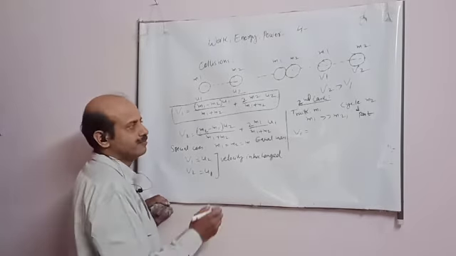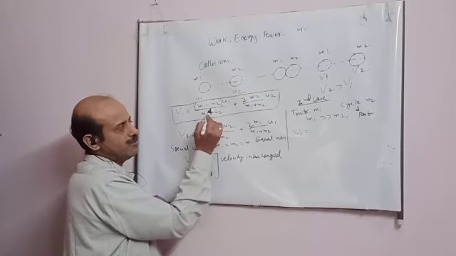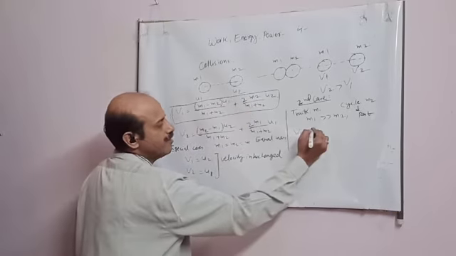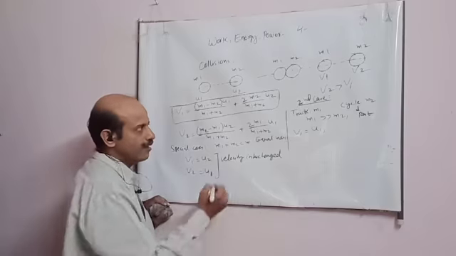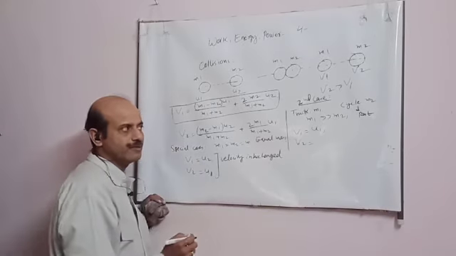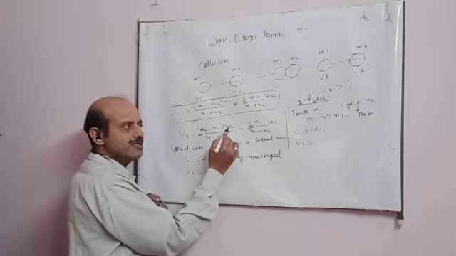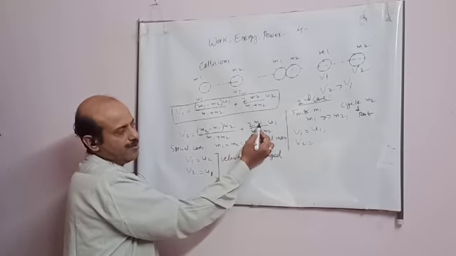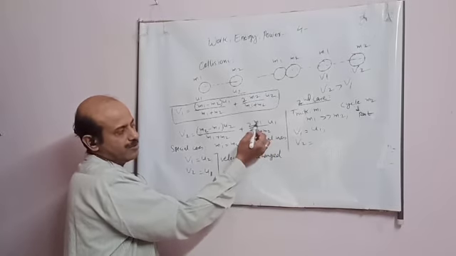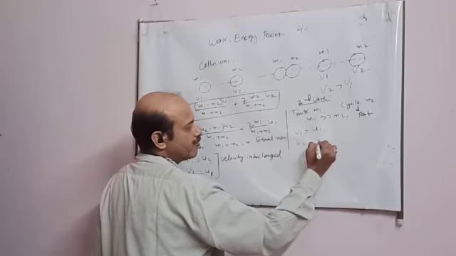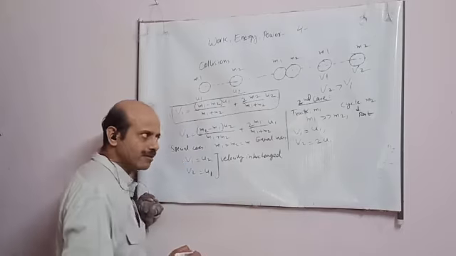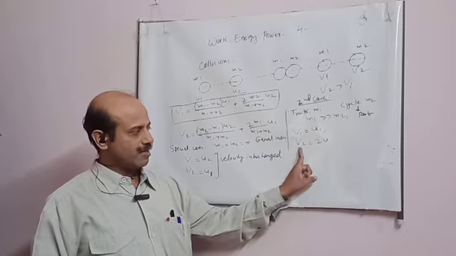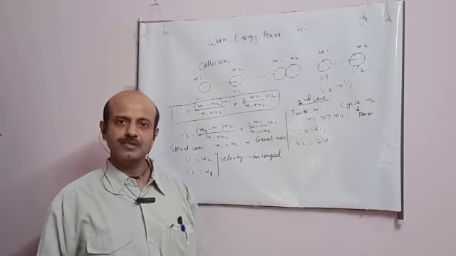Now student, here see, M1 is much greater than M2, so M2 is 0, and the cycle is at rest, so this is 0. So this V1 simply becomes U1. Now V2 means velocity of the cycle. The cycle is at rest, so U2 is 0. Here M1 is much greater than M2, M2 is 0, so this mass will cancel, and V2 will be twice U1. This means for the truck there is no change in velocity, it will continue, but the cycle will move with double the velocity of the truck. This is the case which will happen.